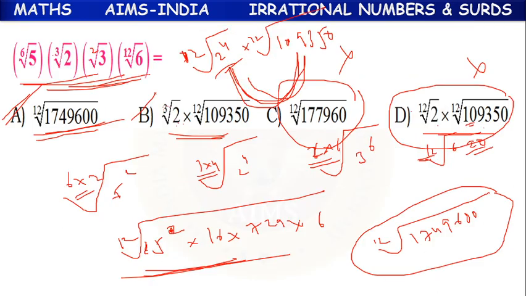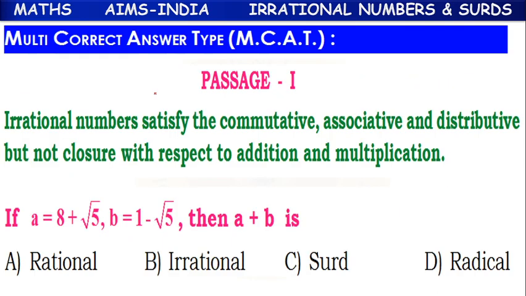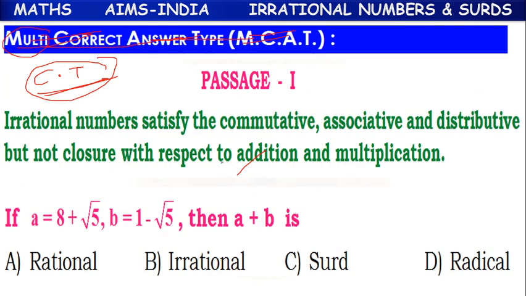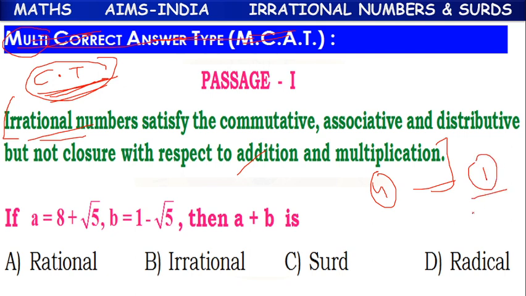Next. So these are the multi-correct answers, children. Next. Sorry, the heading here is a mistake. It's not multi-correct. It's comprehension type questions. Comprehension type questions means one passage will be given, and under the passage 3 questions will be given. Based on the information given in the passage, you have to find the answer. Here also each will have 4 options. Only one option will be the correct answer. It's a single correct answer type question.